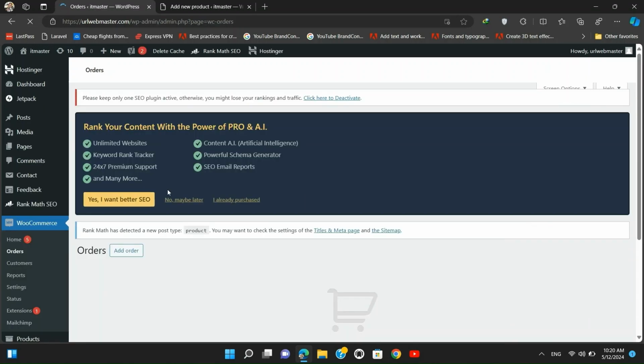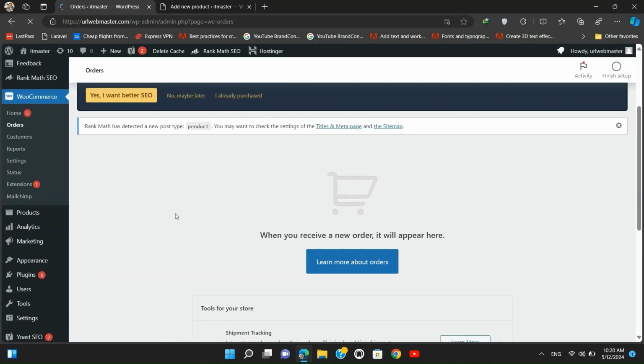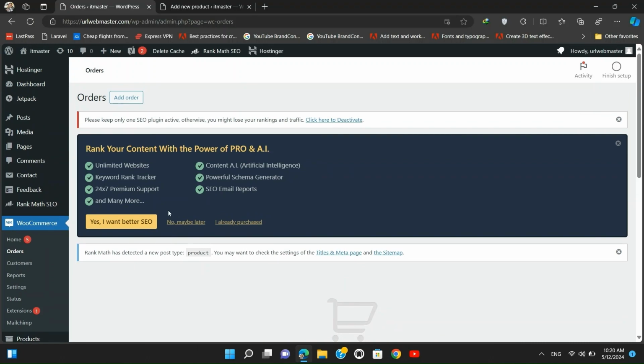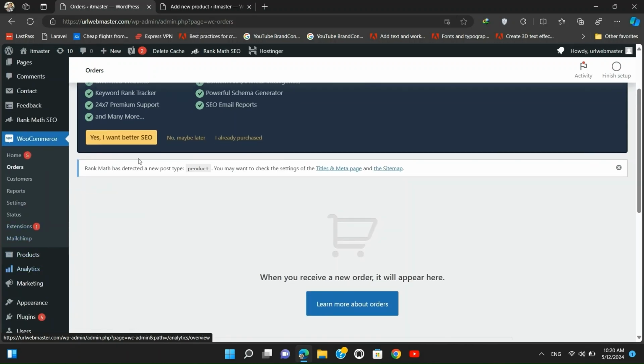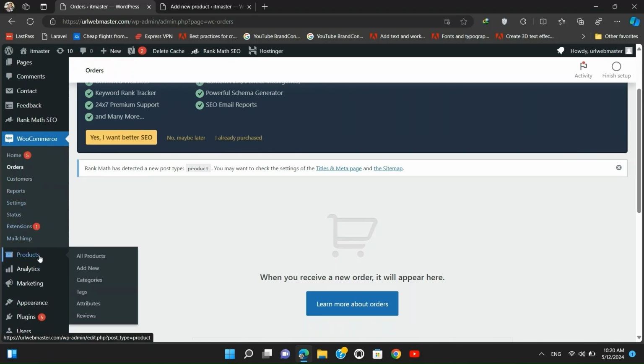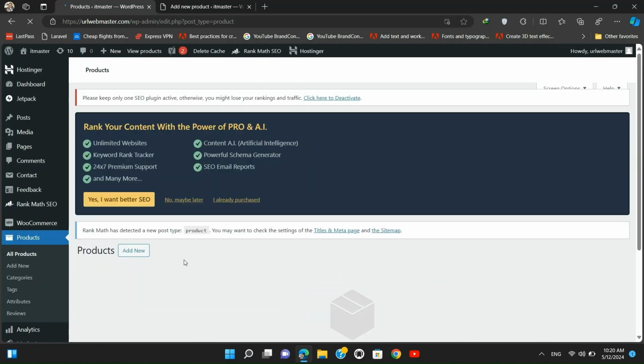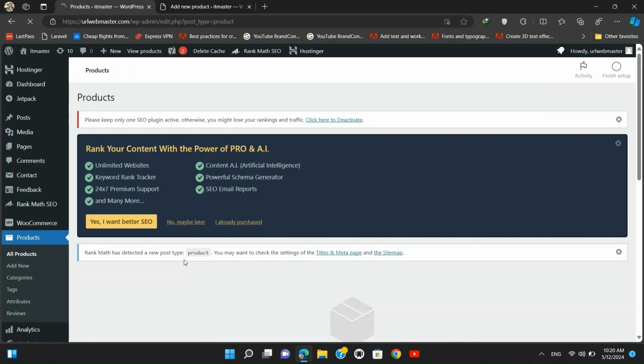Payment gateways. Configure payment gateways to accept payments securely from customers. WooCommerce supports a wide range of payment options including credit/debit cards, PayPal, bank transfers, and cash on delivery. Security. Ensure the security of customer data and transactions by implementing SSL encryption, using trusted payment gateways, and regularly updating WooCommerce and other plugins to the latest versions.